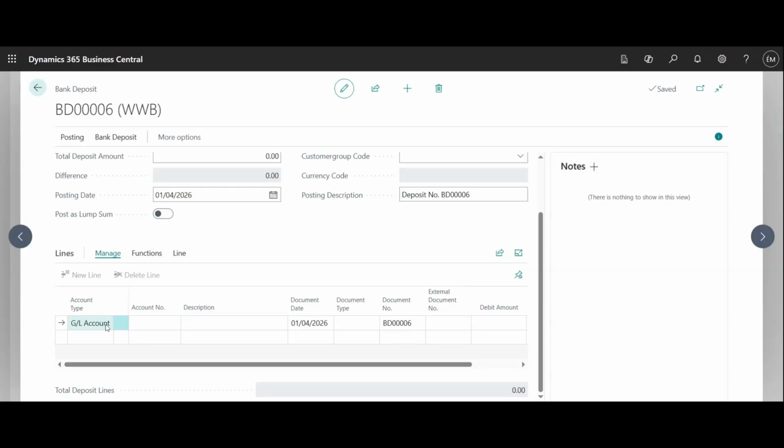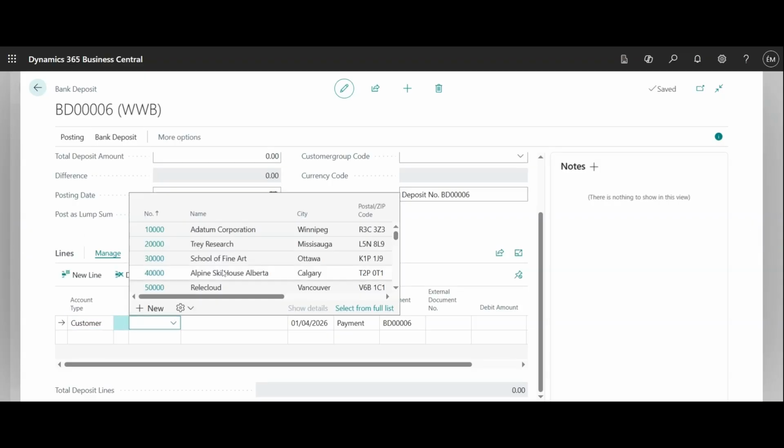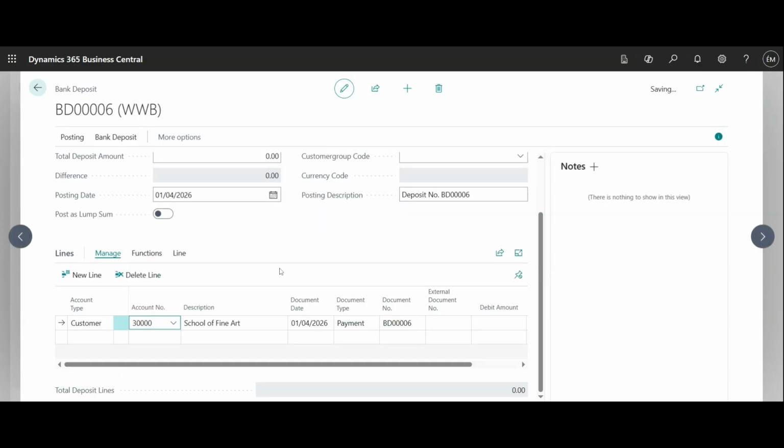In the account type, we're going to select customer, and then the account number is the customer who has actually sent you the check. Let's just say for this one, we're going to do this customer. Then we have the document date, which is the date of the customer check. Then we've also got the document number, which is the customer check number. And then we have the external document number. Usually this will be the same as the document number, so you can go ahead and write it the same. And then you will see we've got the debit and the credit that we are going to leave blank